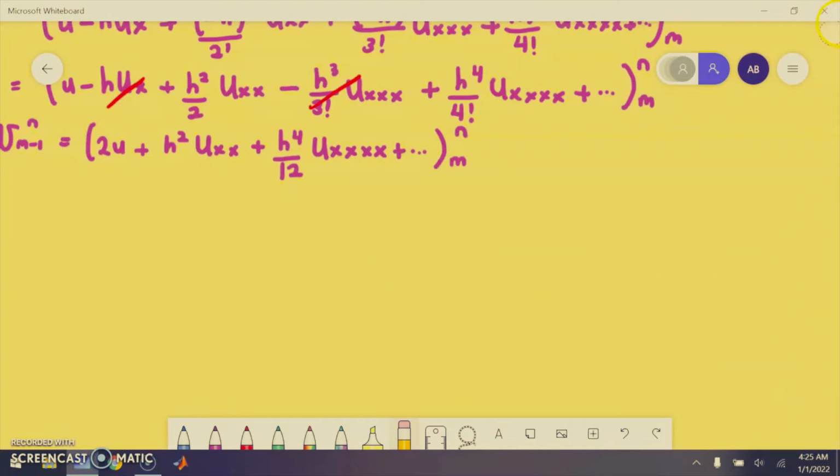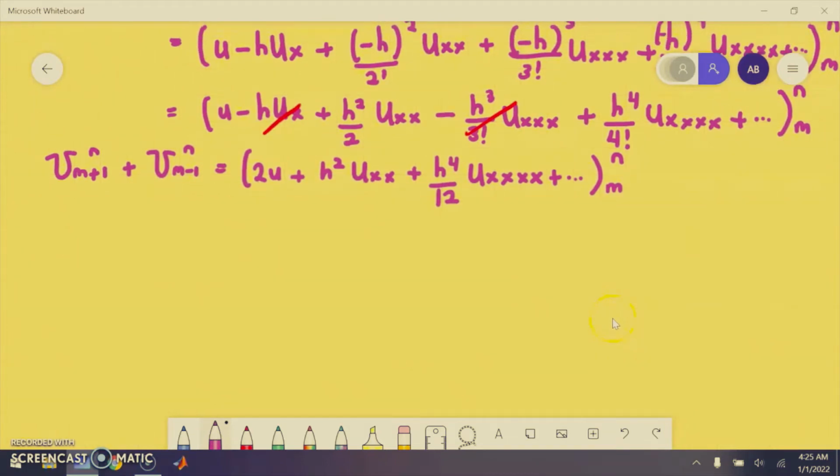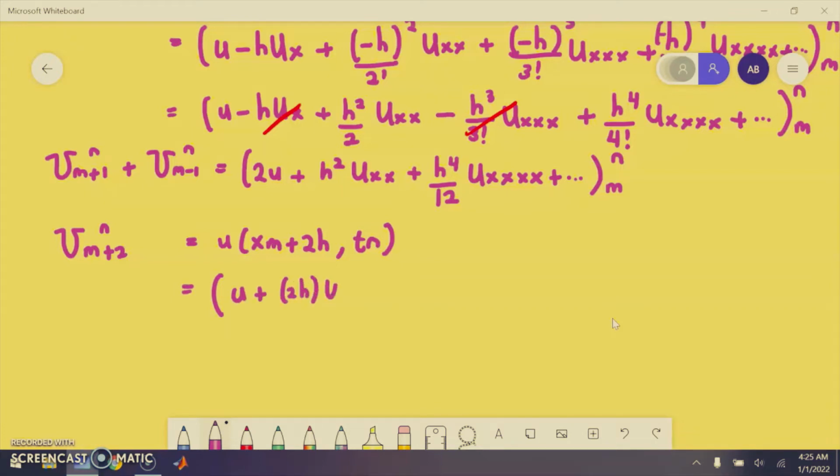Okay, clear. I hope so. Okay, now back to what we have. Find the Taylor series expansion for u at m plus 2, n, which is u(x plus 2h, t_n). Expanding this, we have u plus 2h u_x plus (2h) squared over 2 factorial u_xx plus (2h) cubed